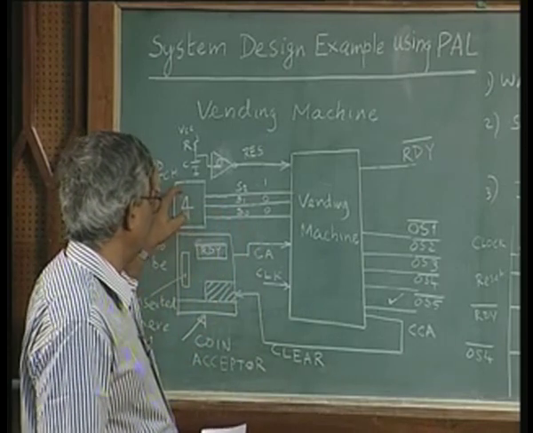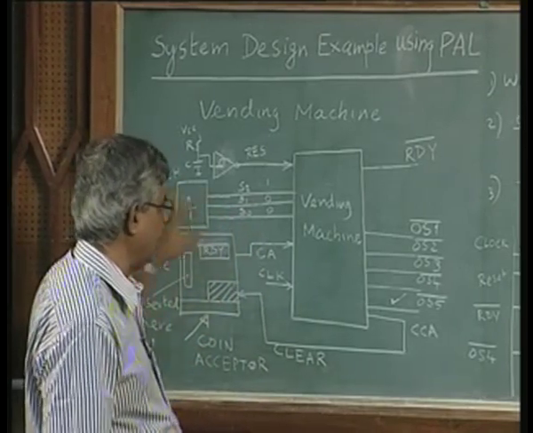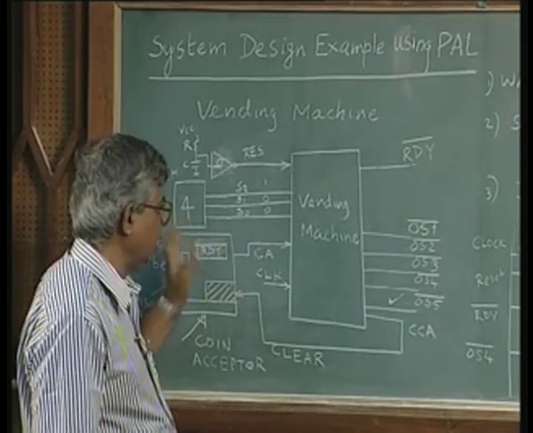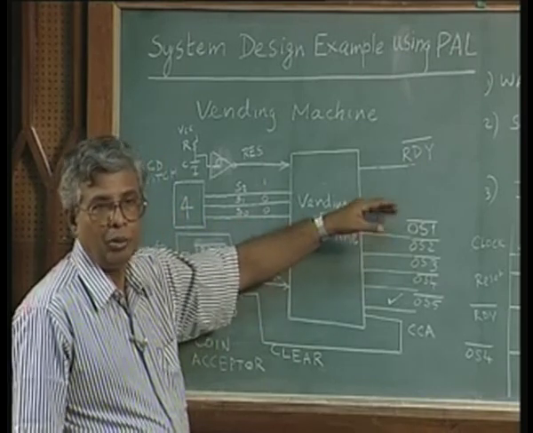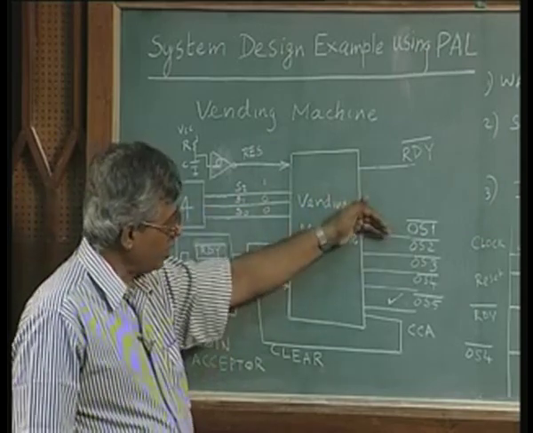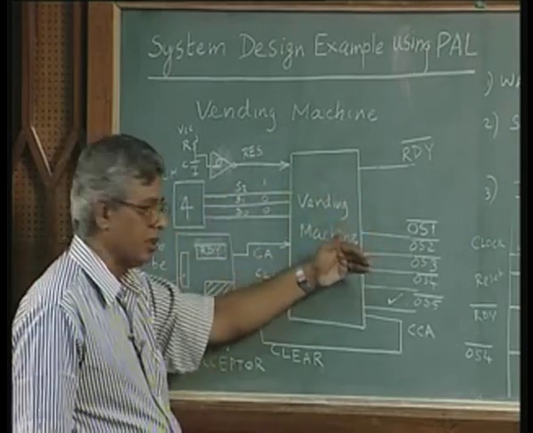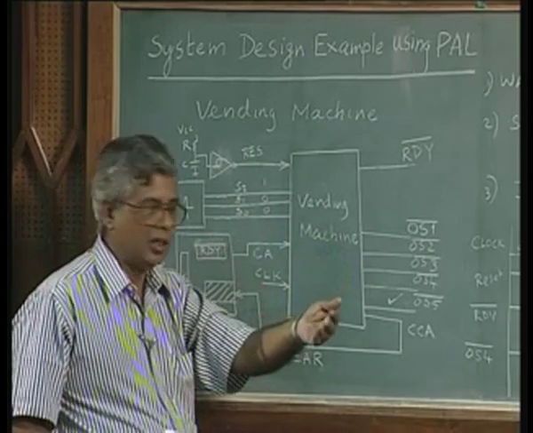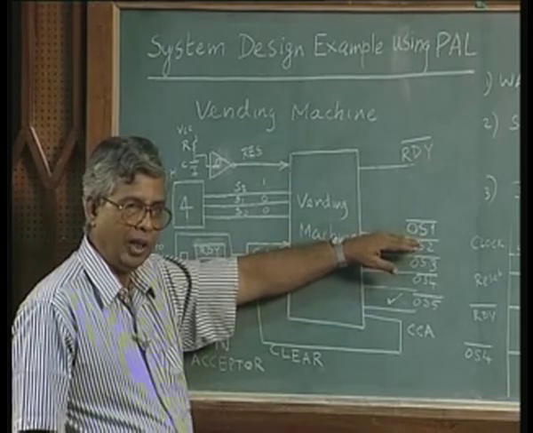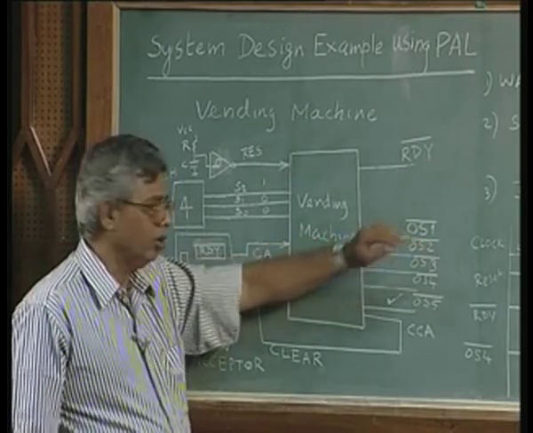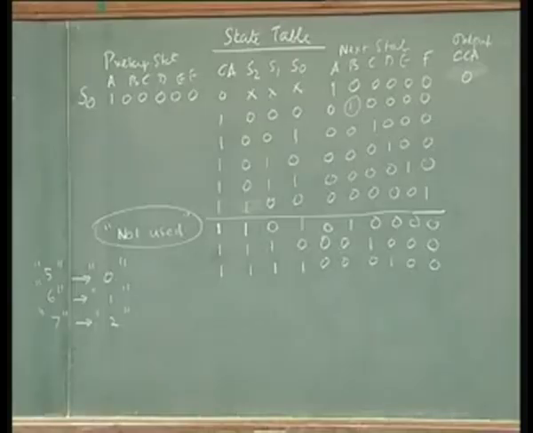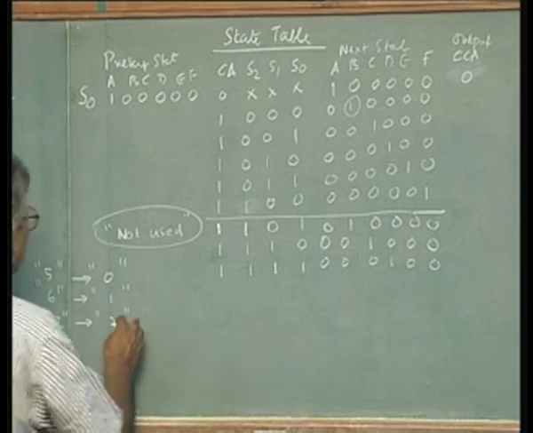If you make a choice of 5 or 6, which is not permitted, there are only 5 beverages, 0, 1, 2, 3, 4. If you make a choice of 5 and put a coin, it will come without your knowledge and you may not like it. There are 2 ways of doing it. You can say by default 5 will give this, 6 will give this, 7 will give this, that is without the customer's knowledge. With the customer's knowledge, you can put a label here saying that this can be gotten by either pressing 0 or 5, 1 or 6, 2 or 7, whichever is the way. And then the next state S1,